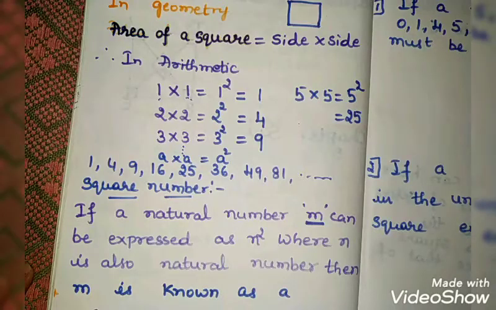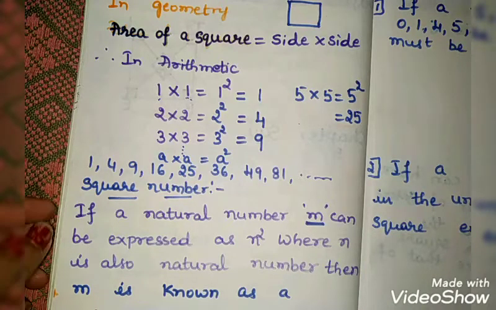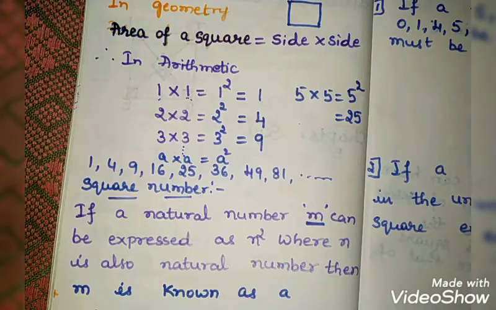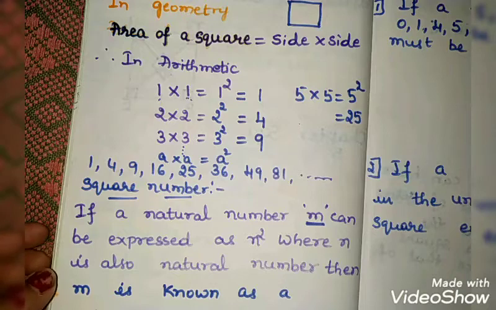Children, I hope you understood what is meant by a square or a square number. Which are the square numbers now? Tell me. 1, 4, 9, 16. These are all square numbers. You are right. Yes, isn't it? About square numbers you studied. What is a square number? When two same numbers are multiplied, we get a square number. That particular number is known as a square number.